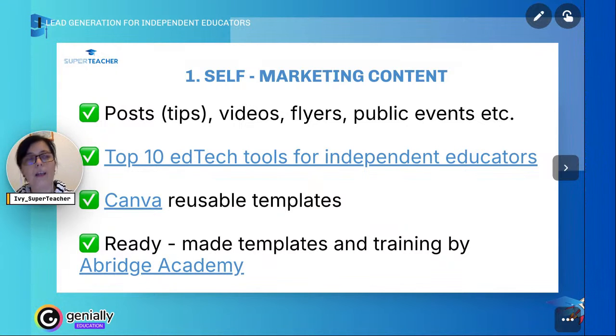I would list 3 with their logos, and then parents would like that. And I would say for more recommendations, comment below, or show your interest, something along those lines. It can be videos, flyers, public events, everything just to attract the attention.